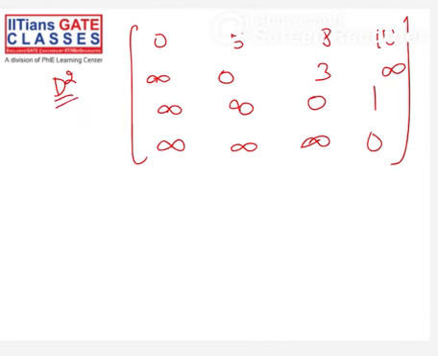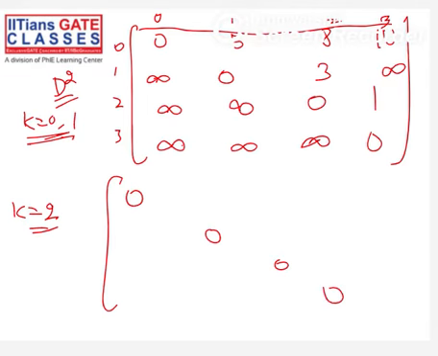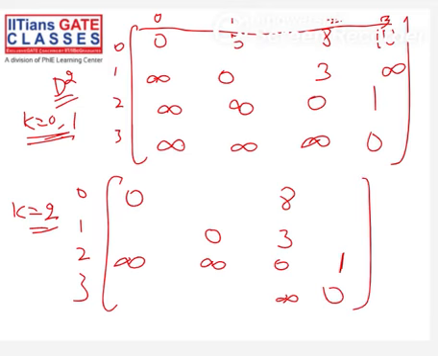That means vertex k is considered and 0 is considered, 1 is considered. Now I'll consider 2. Okay, k equal to 2. Now see what the graph is. So 0, 1, 2, and 3. Fine. Now, so that means what? One thing is these values will not change, correct? And the second row will not change, and second column will not change. So 3, infinity, and infinity, infinity, and 1. Now, can you tell me why the second column will not change?